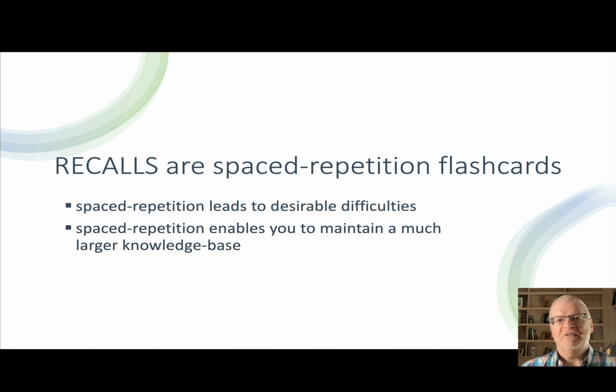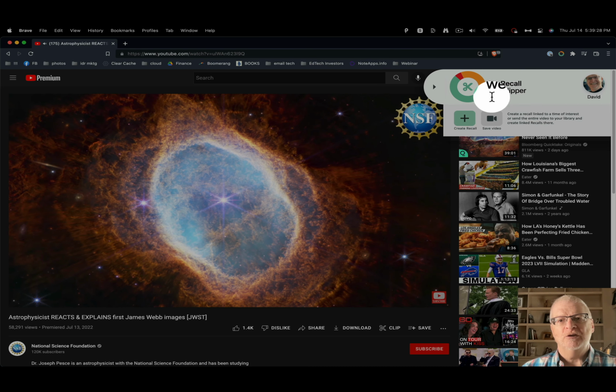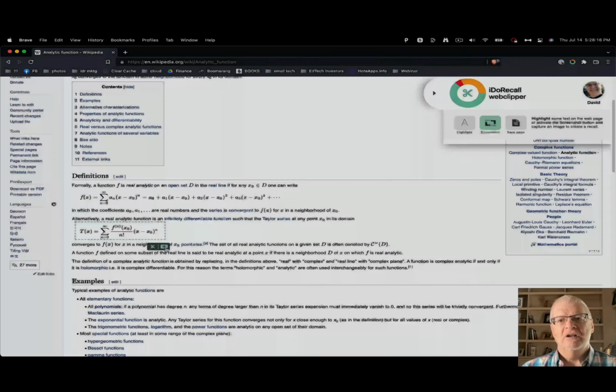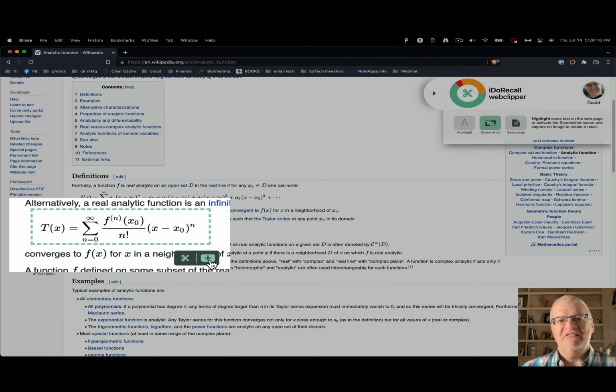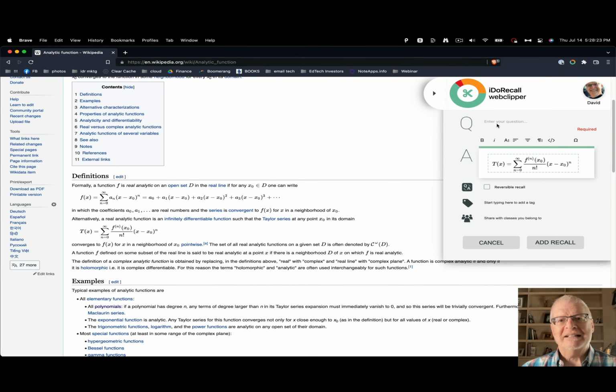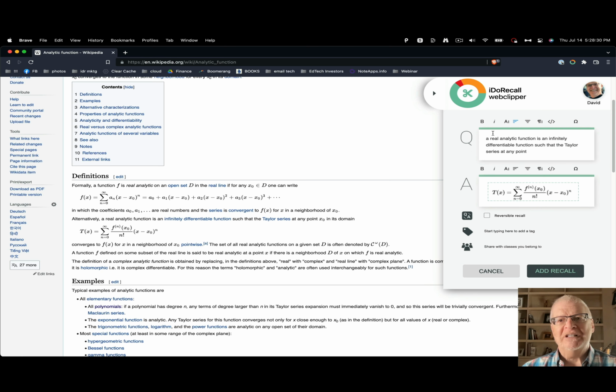Besides linking recalls to files that you upload into your library, iDoRecall enables you to create recalls while you're watching videos on YouTube, Coursera, and other online platforms. You can also link recalls to specific words and regions of interest on web pages. When you practice memory retrieval with these recalls, if you need to refresh your memory, in one click, the video will open at the relevant time location, or if the source is a web page, it will open and scroll to the correct location on that page.